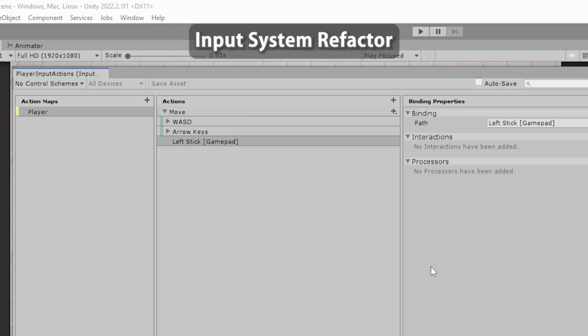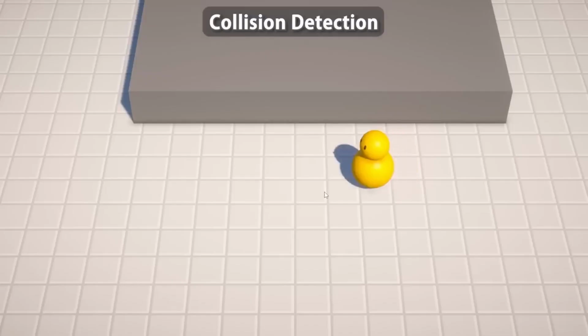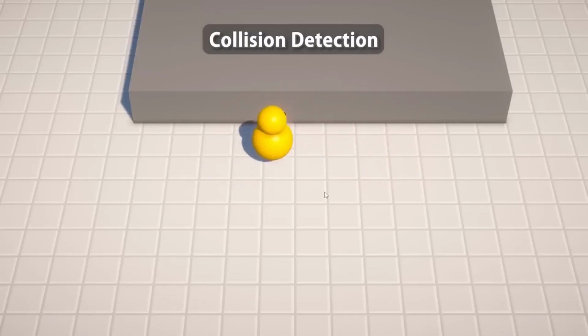After that comes another extremely important lecture with regards to writing some good clean code. We're going to do a nice refactor to replace the legacy input manager with the brand new input system. Learning how to refactor is an extremely important and very valuable skill that will massively improve the quality of your code. With that done, we're going to implement some nice collision detection to make sure our character doesn't walk through